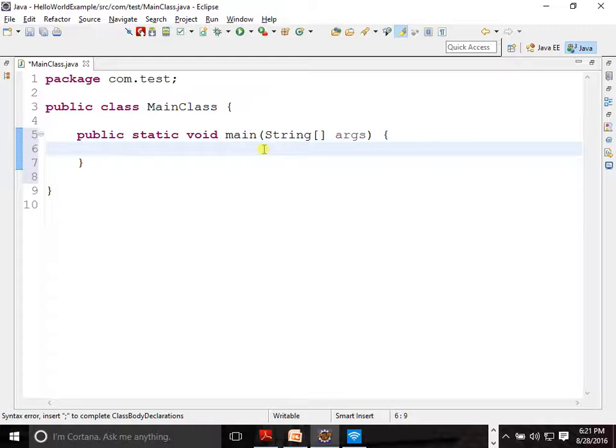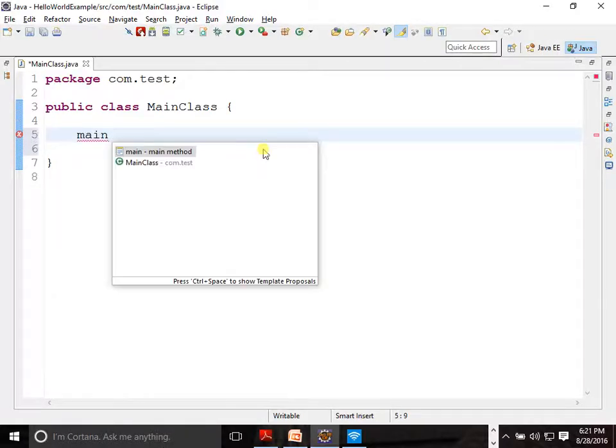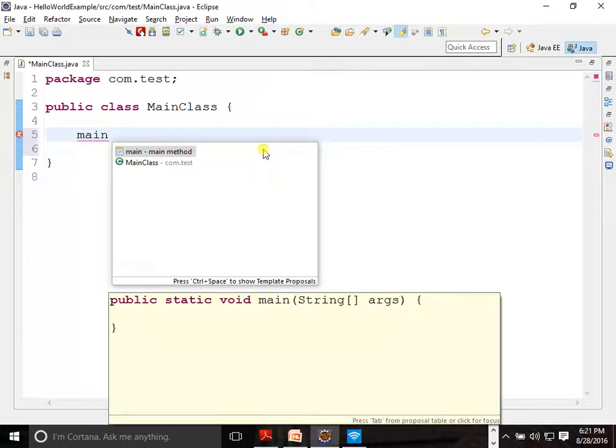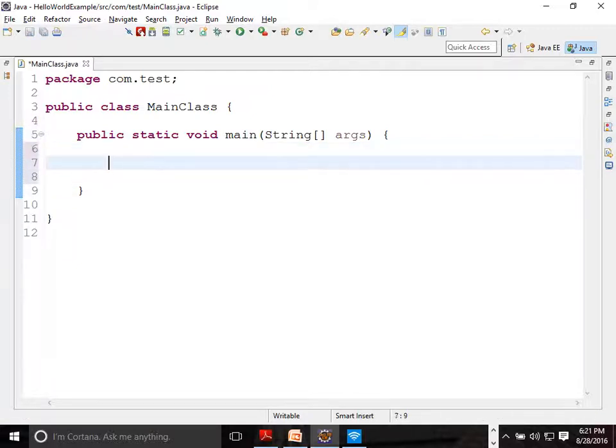We'll study what public and static mean later. So how did I do it? Type main, Control Space, choose the first one, that's all. So what is this main method? The main method is nothing but the entry point of your project.